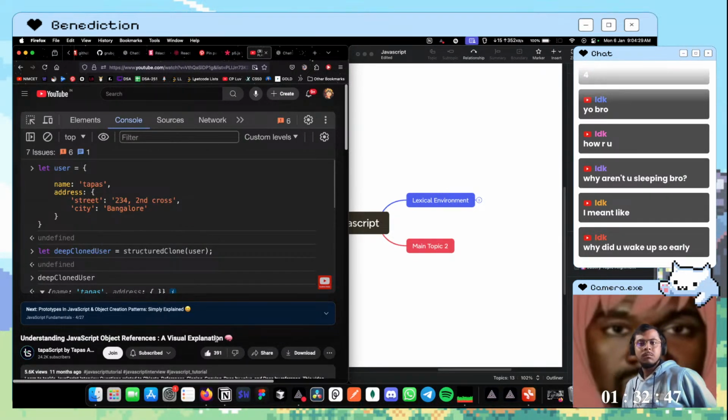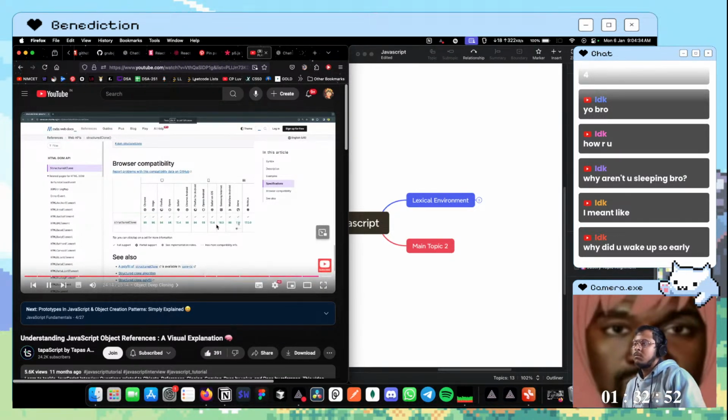There are many other libraries like Lodash which help you to do deep cloning. But right now, if you look into structuredClone, it's a global function and it's available on all the modern browsers.